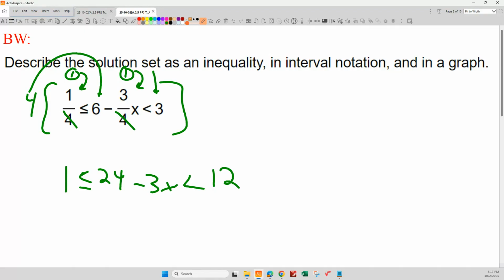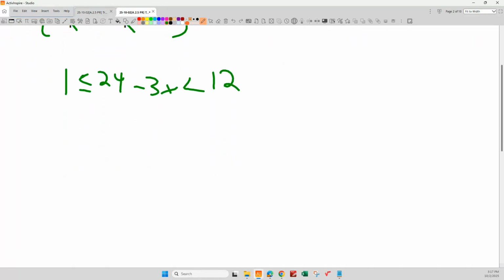Okay. So now we've got our 3 columns, left column, middle column, right column. I'm trying to isolate the x in the middle column. So what would the 2 algebra steps be that I'd have to use to get that x by itself in the middle? What would I do first? Got to subtract 24. And how come? Because we're using inverse operations, right? If we think about PEMDAS,